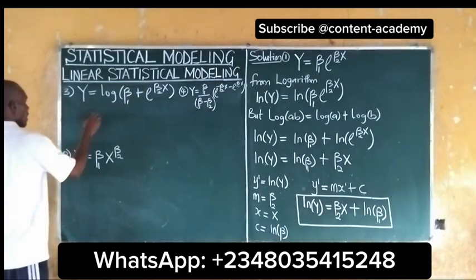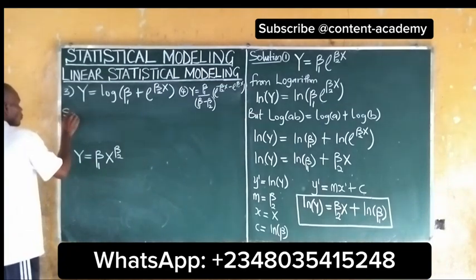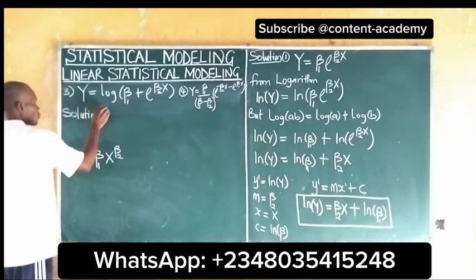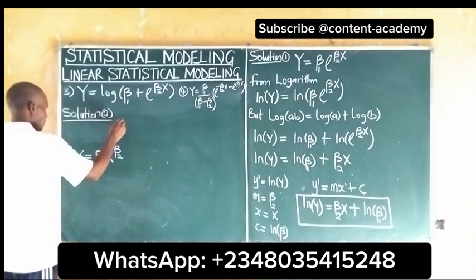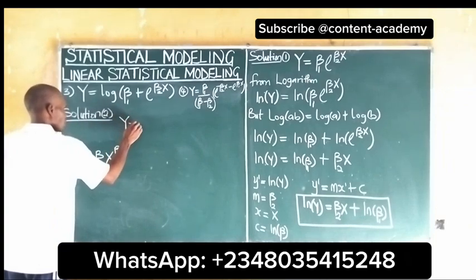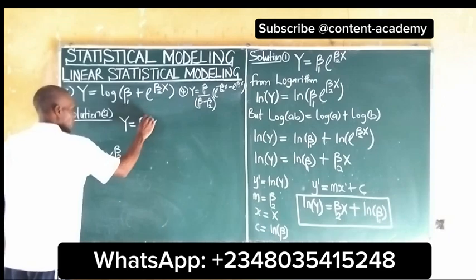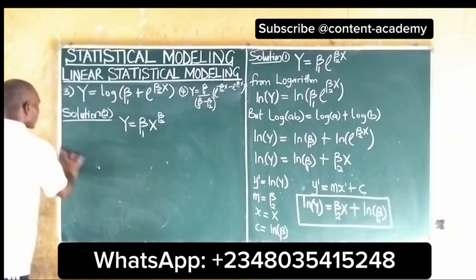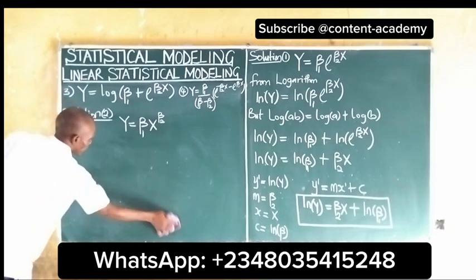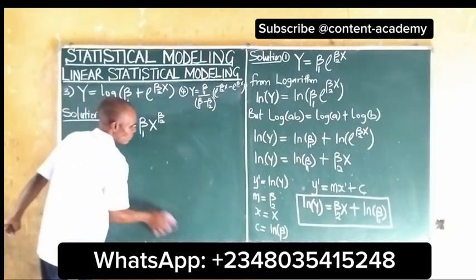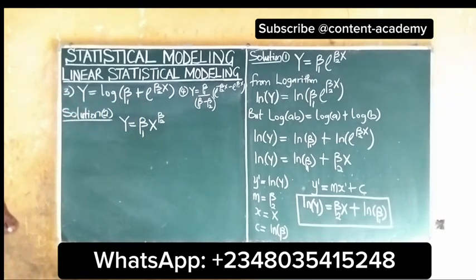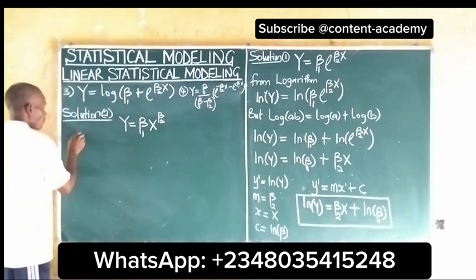Now, solution 2. If our number 2 is y equal to b1 x raised to the power of b2, what do we do to make that relationship linear? How can we transform what we have here into a linear model? We say from logarithm